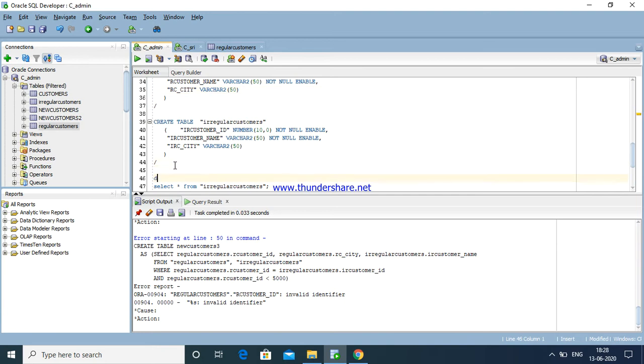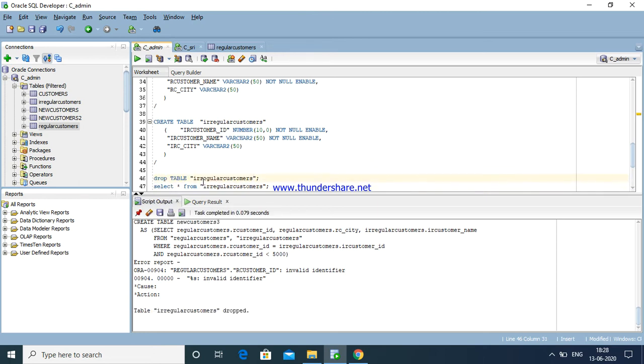Drop table. My table name is this. Now control enter, table dropped successfully.